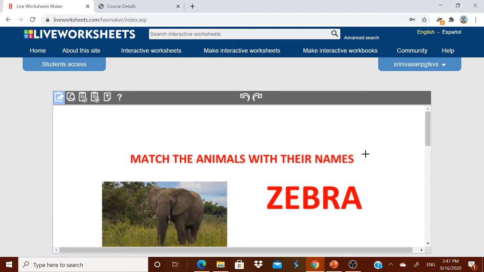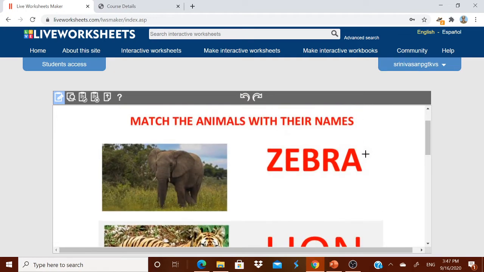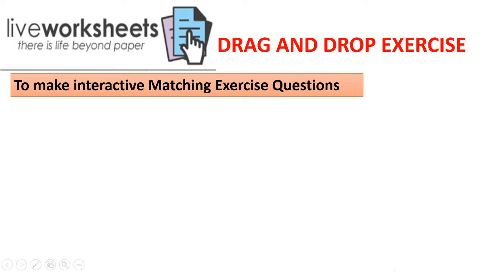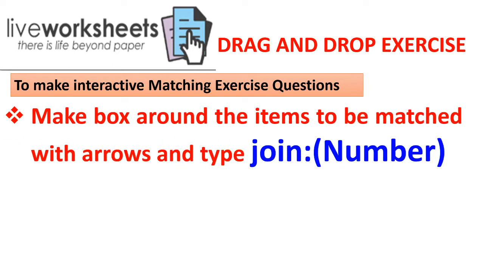You can make it attractive by having a background and all. Okay, well, now the child has to join with arrows. How to do it? I am giving you the way to do it now. To make interactive matching exercise questions, make a box around the items to be matched with arrows and type join colon number. For example, join:1, join:2, join:3.